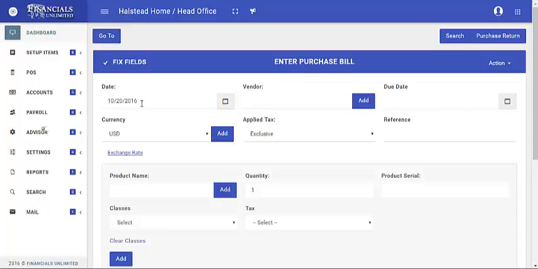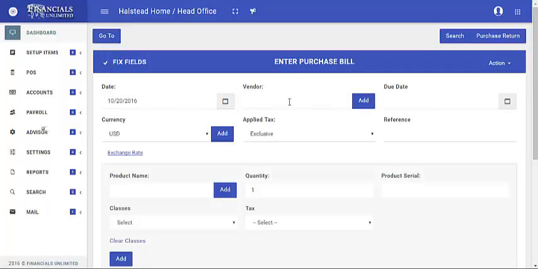Every time we don't have to give that if we check this box. If we uncheck it, then we would have to enter the information time and again. Otherwise, if you want to fix the information in these fields, you need to check this. I'm going to check this.